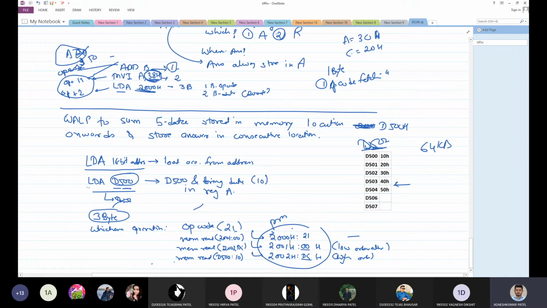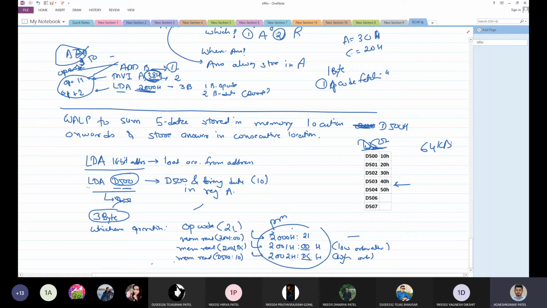So this is my program. How will the LDA instruction execute? First, it will see 21. As soon as 8085 sees 21, it knows I have to bring in a 16-bit address, and from that 16-bit address, I have to bring data. So there are two different things going on. Once it reads LDA, it will require a separate address from which I have to bring in data. First, it has to read an address. So the address has to be stored in the immediate locations. Now the immediate data is my addresses, so I am storing the addresses as immediate data. Always take care.